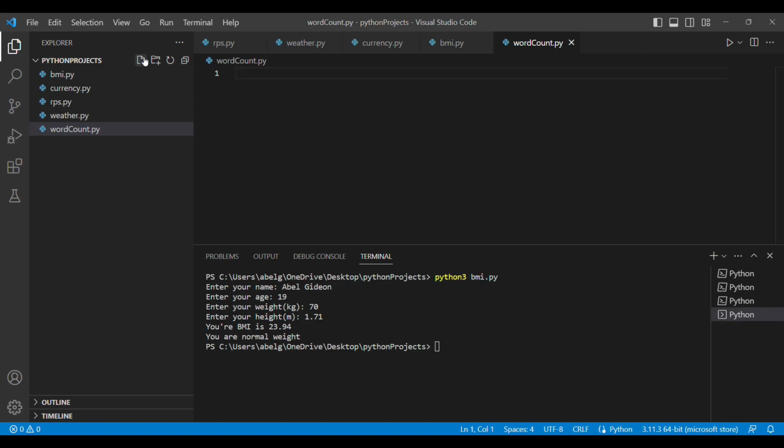The first thing we need to do is set out a plan. So what do we need to do? From the user, we need to take one input, which is the name of the file. After we take in the name of the file, we're going to open it using the built-in open function, in read mode because all we want to do is read out the contents. Once we've opened it in read mode, we're going to store all the contents of the file in a variable, and we're going to use a new function that we haven't seen before, which is the split function.